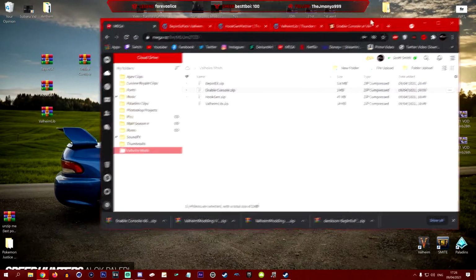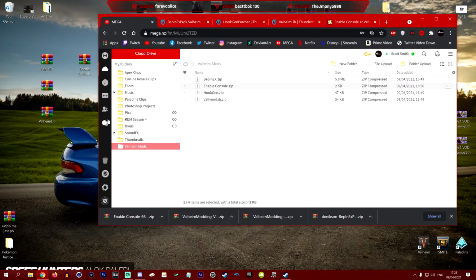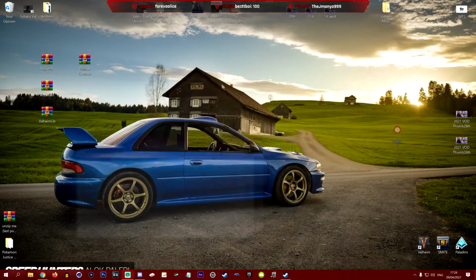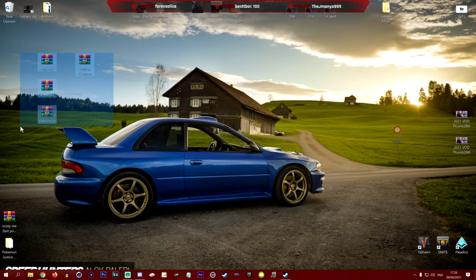Alright, so I'm going to need you to download those, and we're going to go through them. As you can see down at the bottom, I've already downloaded all of these, and I've renamed them because they're a bit off. Once you have all of these downloaded, all these 3 or 4, obviously the console commands, the console commands is actually used for some other mods later on, so I do think that you should actually grab that as well. But so, as soon as you've got all these 4, the first thing you want to do is locate your